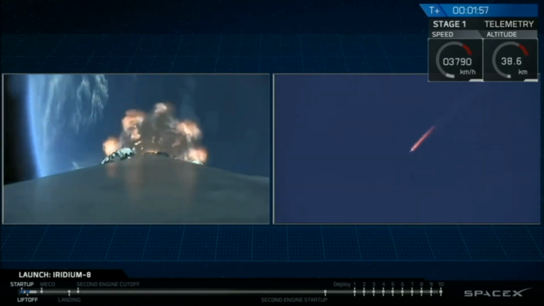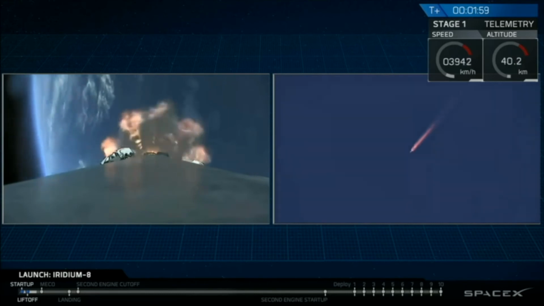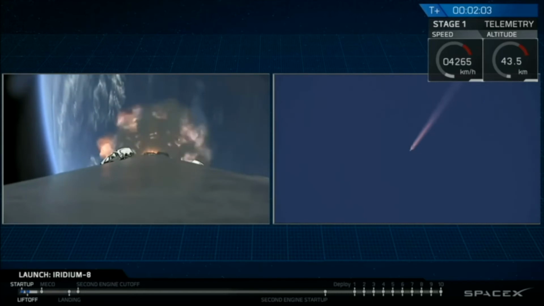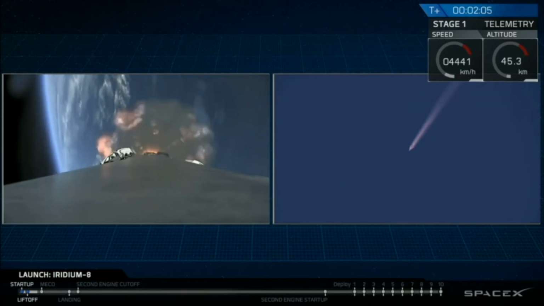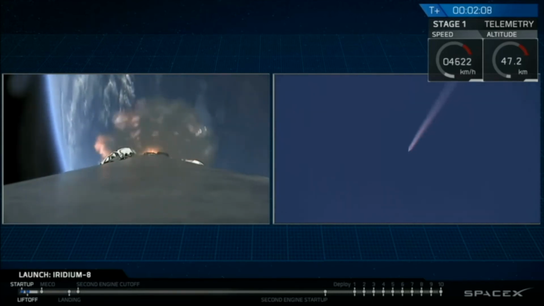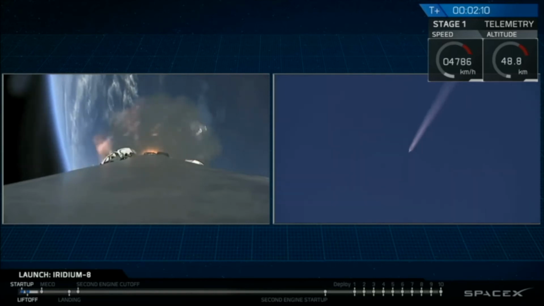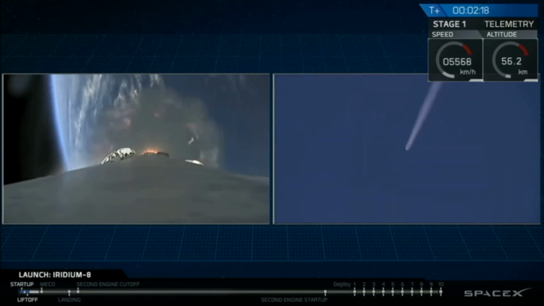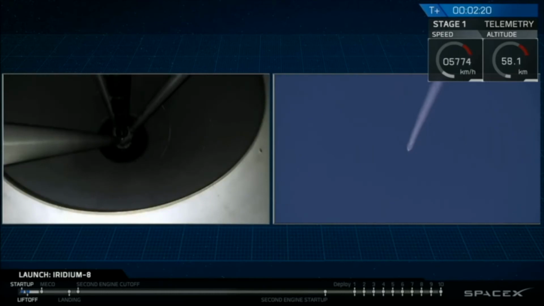We're hearing good callouts. Propulsion looks nominal. The trajectory looks good. Now coming up will be rapid fire events. Main engine cutoff. We shut down the 9 Merlin 1D engines. At 2.5 minutes, we will separate the stages. We'll light the second stage engine, and just a little bit after that, we'll relight 3 engines on the first stage to begin slowing it down for a landing in the Pacific Ocean on our drone ship.